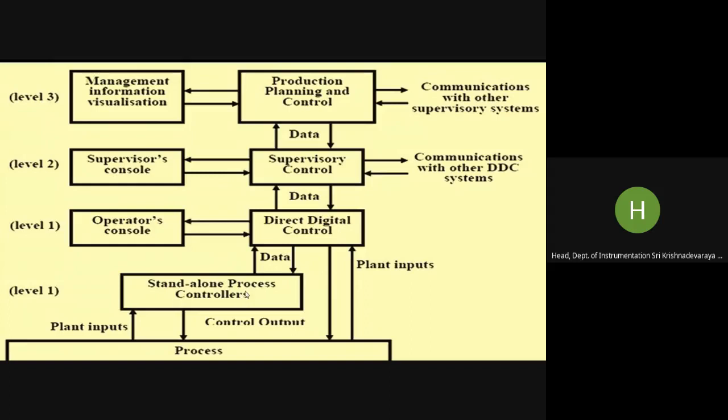So when you do this, all the standalone process controllers actually are processing all the process inputs, which are nothing but plant inputs. Plant inputs means different process parameters. What are the different process parameters? You have again temperature, pressure, flow, level. And again, you may have different other things, but most commonly, these are the most common plant inputs that you are getting, although there may be different other process parameters depending on the individual process.